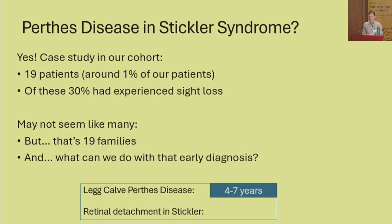For Perthes disease, because it's happening in that first decade, and the average age of onset for retinal detachment, not obviously with all patients, is in that second or third decade, if we were able to find Stickler patients in this Perthes disease population, we'd be identifying them before they had the detachment. We'd be able then to talk about prophylactic treatments or other things which are going to prevent that